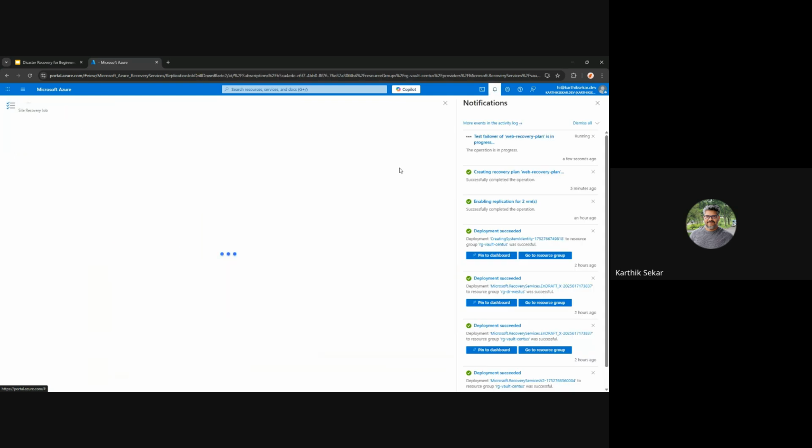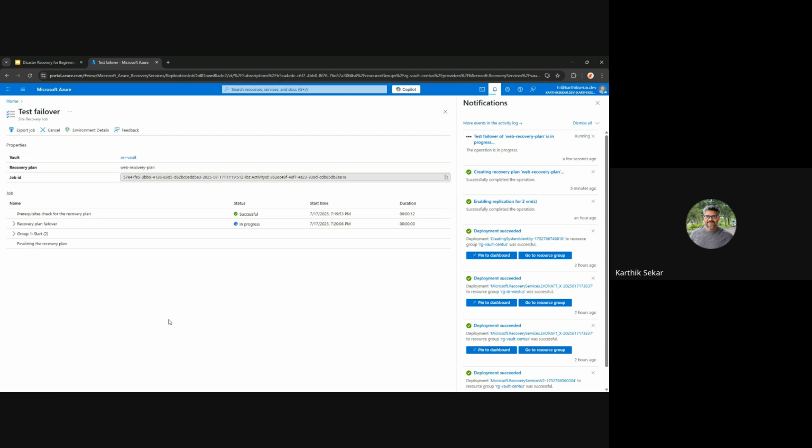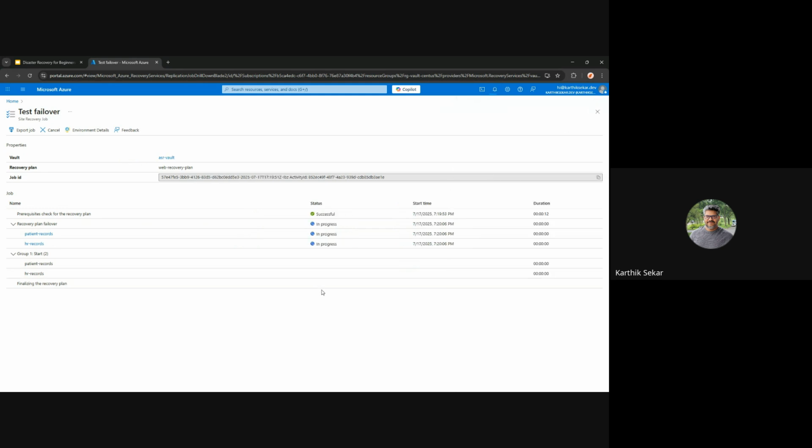Okay, let's see the test failover progress. Okay, it is progressing. As you can see here, there are 2 VMs. It is not initiated yet. So let's see. I will open it in another window and let it run in this window.